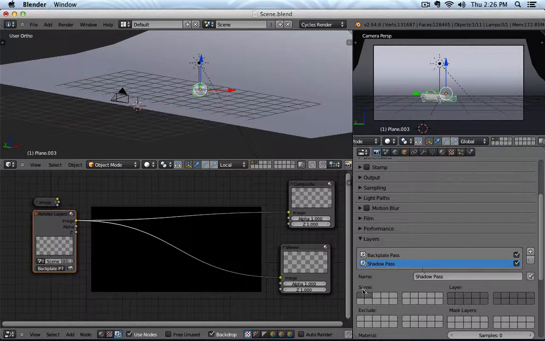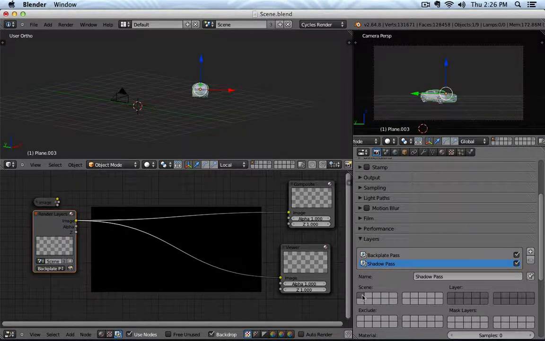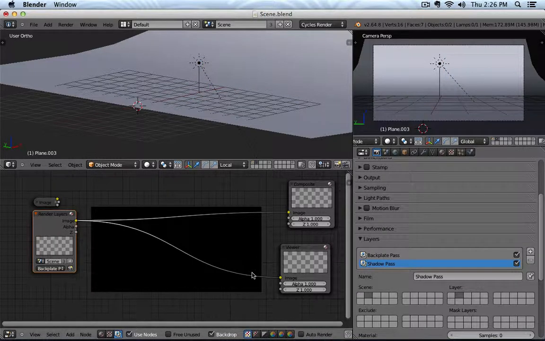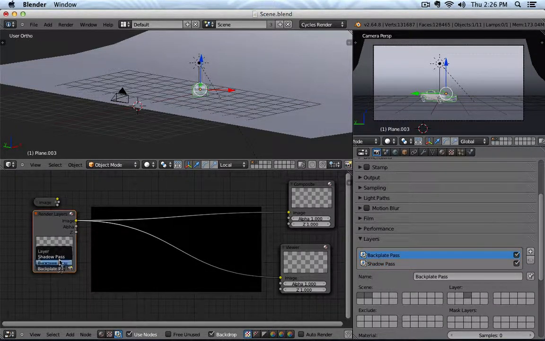To do this, you see I need to have my car and my backdrop both as scenes turned on, but then for the rendering, the actual geometry that's being written into the file is only going to be what's on the second layer. And on the second layer, there is my backdrop. So for example here, now I can select Shadow Pass,